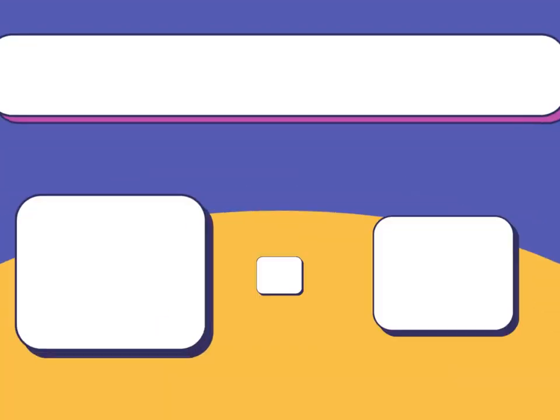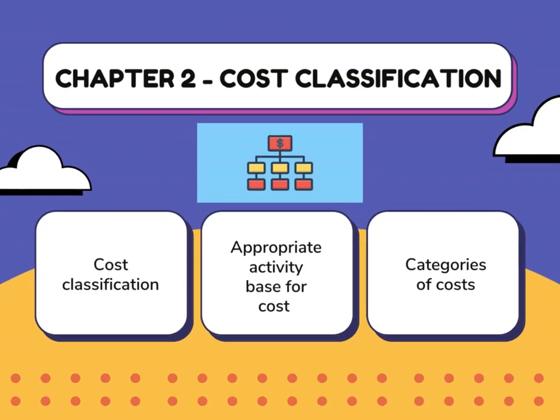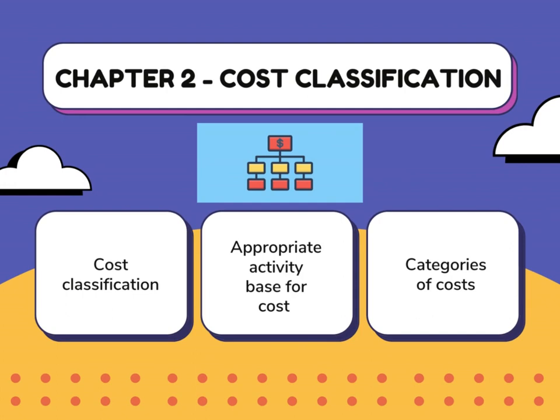The key capacity criteria for cost classification include fixed costs and capacity-related fixed costs. Examples include annual rent for facilities and salaries of permanent staff. Then there are variable costs, which include direct variable cost and indirect variable cost, and mixed costs, or semi-variable costs, which have both fixed and variable components. Then there are step costs,